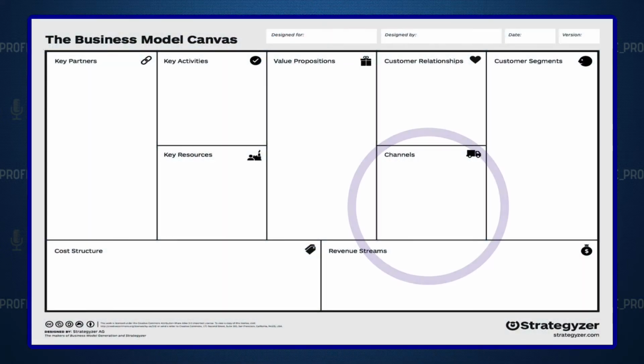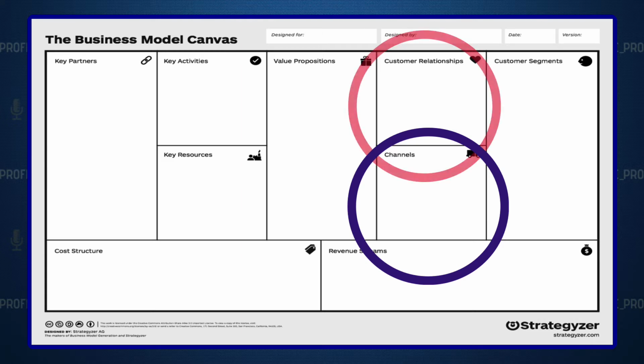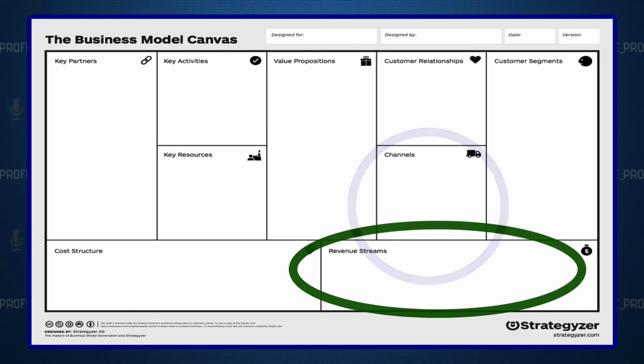Some of the other boxes on the right-hand side that are important are the channels. How are you going to reach these fans and how are you going to connect with them? And what's your relationship going to be with them? How are you going to interact with them? What kind of presence are you going to have in their world? Together, these help you to formulate your opportunities to monetize your business model, monetize your name, image, and likeness, and